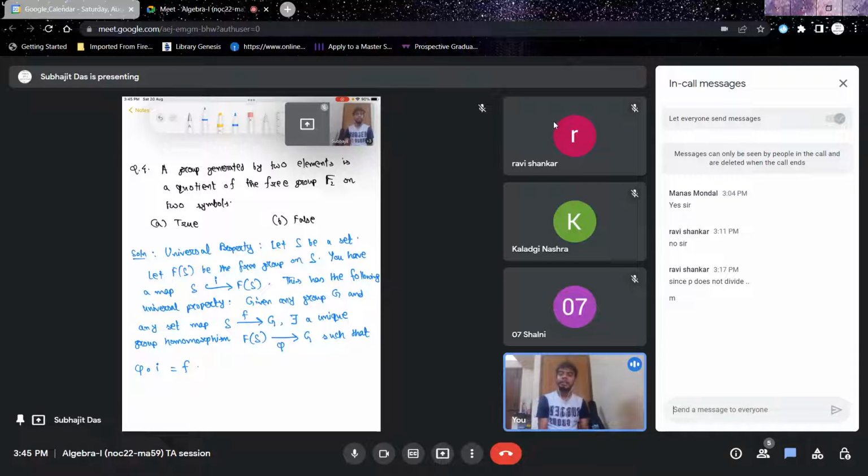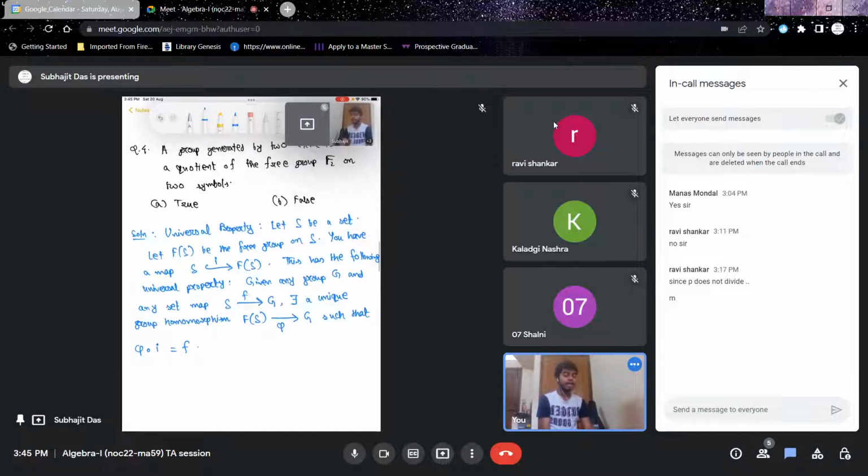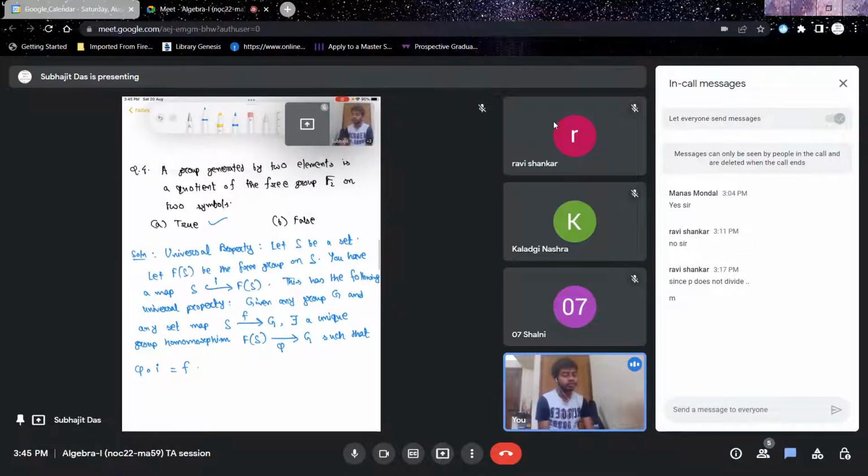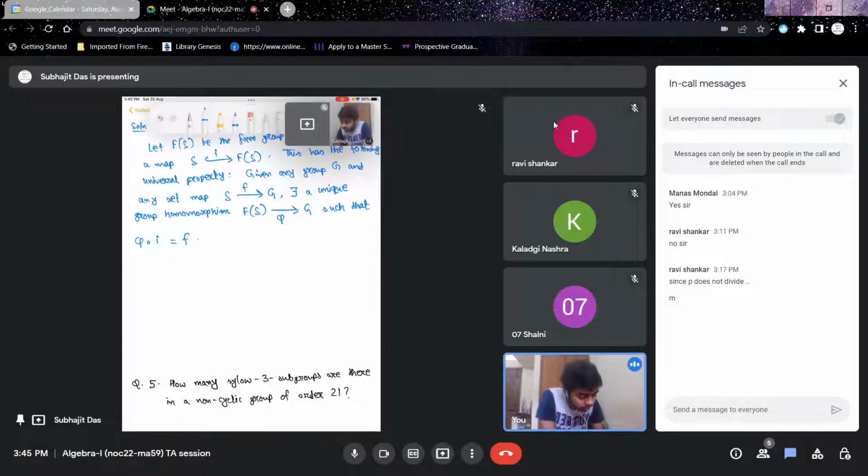F2 is generated by a set of two elements, with the fact that there are no non-trivial relations between these two elements. While this group, which is generated by two elements, can have its two generating elements satisfy non-trivial relations between them. That's the only difference. And how do you get this? The basic idea is just to use the universal property of the free group. So coming to the question,